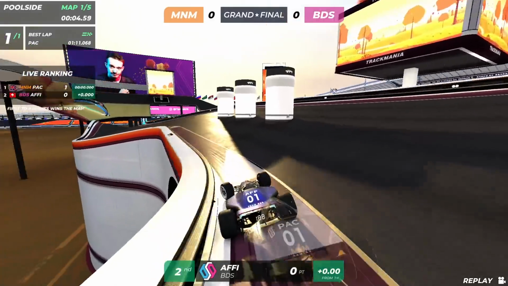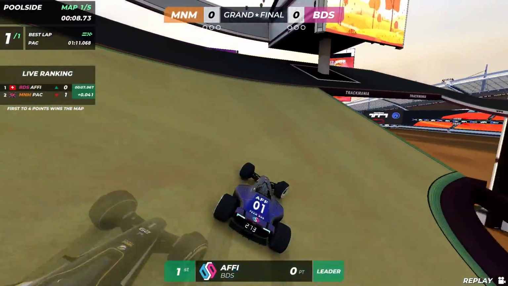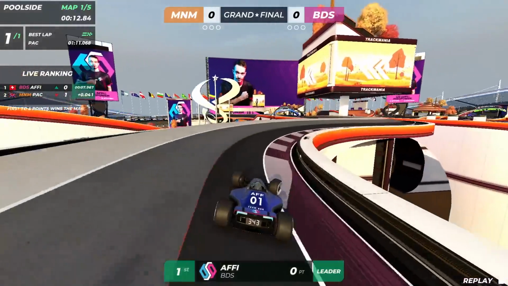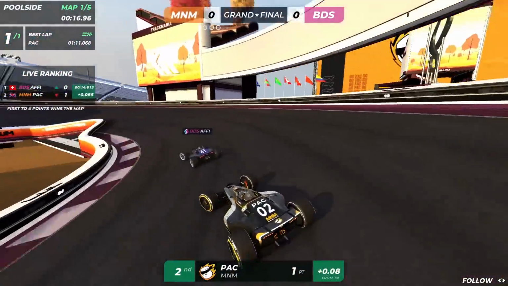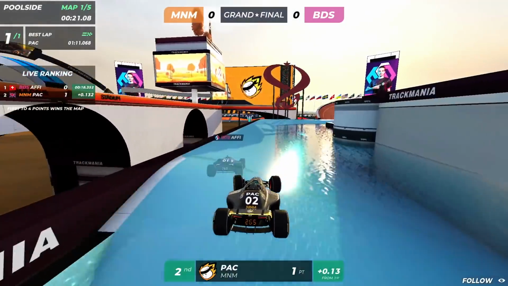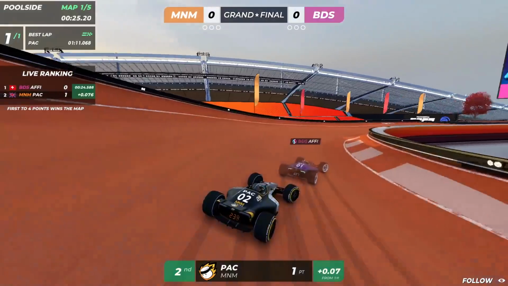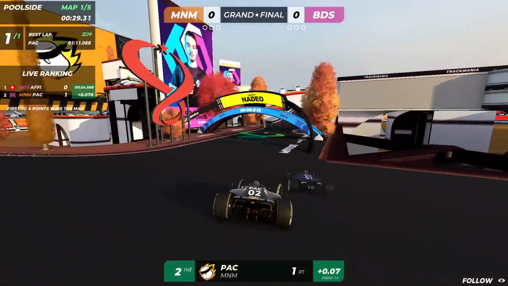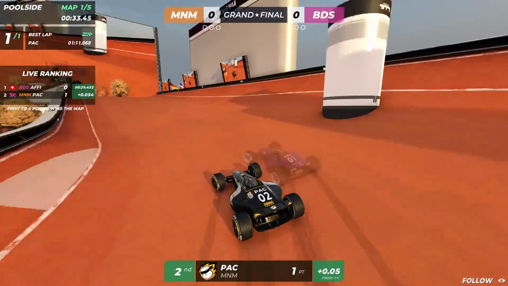Okay, we have a match in our hands. This is Affi's best map, and Pack just matched his pace right away. Affi here, good speed into the second round. Far ahead of Pack after the first few turns. But we saw Pack get a little bit more speed here and come back strong in this section. Here, getting a little bit more to the left, and that speed, you can see it here, paying off, getting